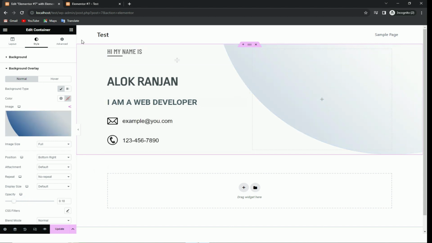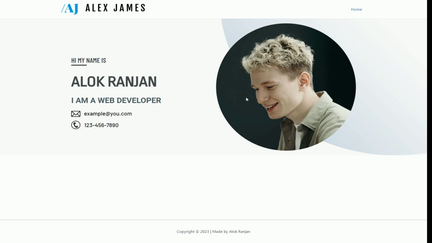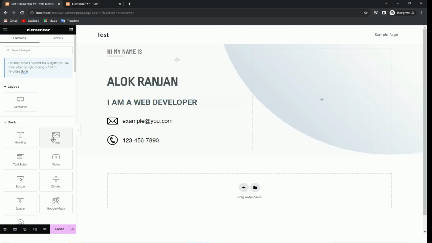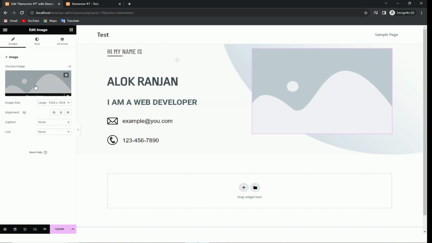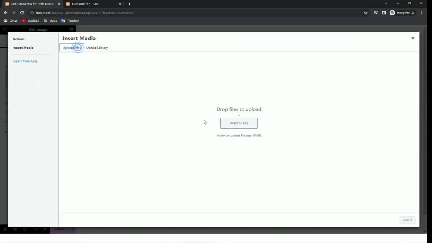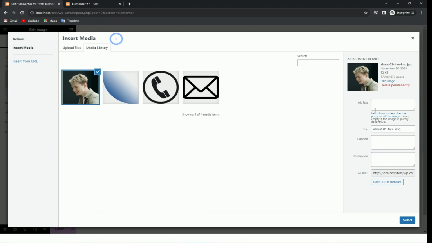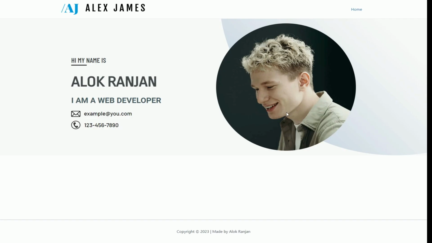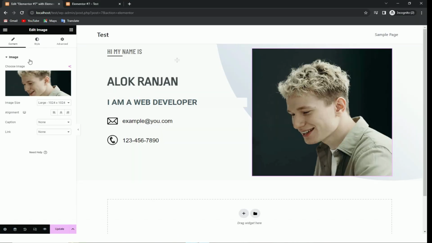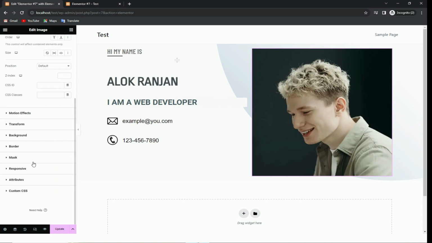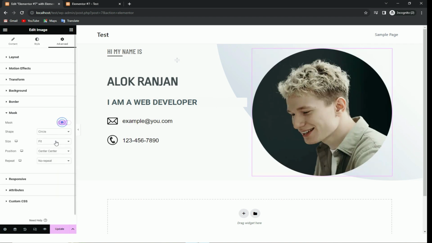Done. Now we need to add this image which is over here, so let's add that image. Choose the image. So this is the image. Select that. Now as we can see, the image is in a circle, so what we will do is go to advanced, mask, and turn on mask. In the shape, select circle, and now it looks like this. Update this page